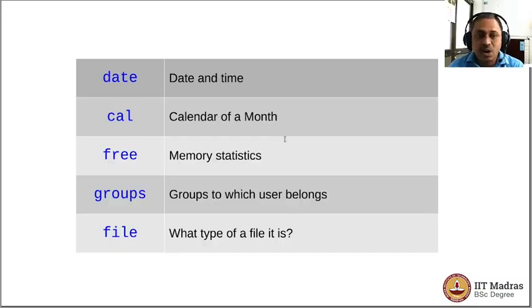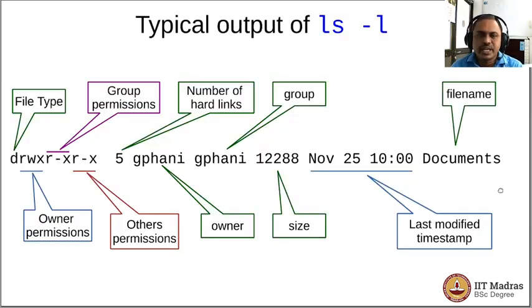Now let us look at the long listing of the directory structure. So we have learnt it earlier, and if you put the -l option to the ls command, then you would see the long listing. So here is the typical output of the ls -l command, which is given as an example. The very first character tells you what type of file it is. So the d will say that it's a directory that we are talking about. And then there are 9 characters which would be rwx with any of the 3 positions replaced with a hyphen in case that particular permission is not available.